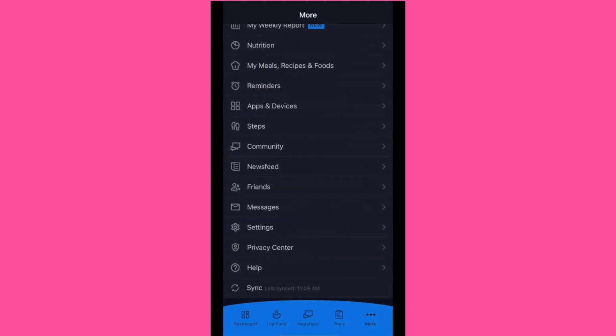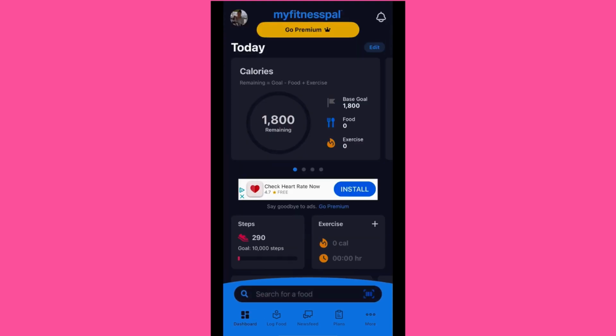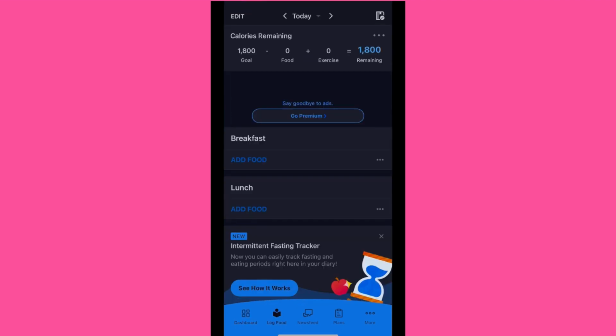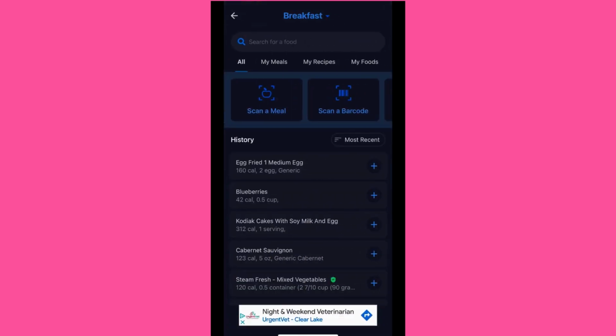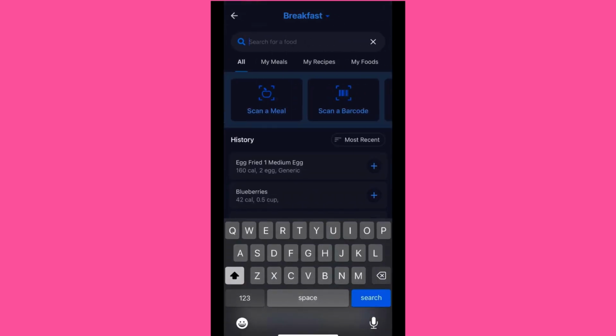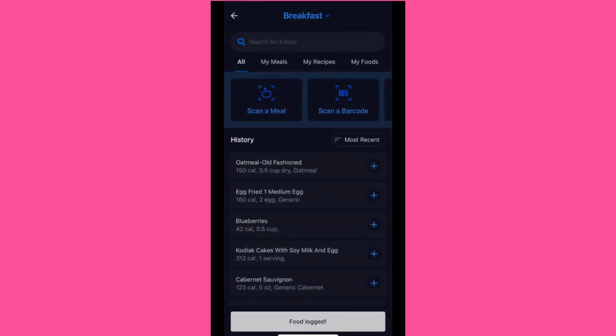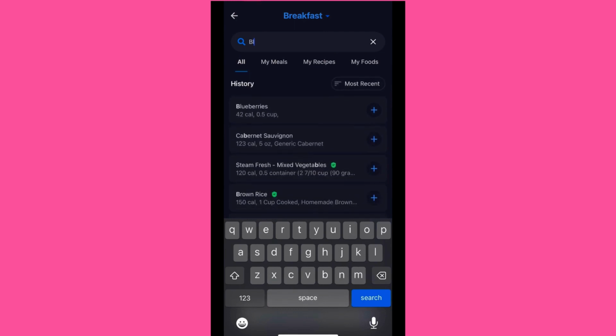We're going to go ahead and go to the main page, and we're going to start logging our foods. So if you click log food, it'll take you to this page. So it has your calorie goals at the top. You'll go ahead and click on breakfast, and you can start by entering your breakfast. So I'm just going to enter oatmeal. That's a common thing I eat for breakfast, with some blueberries